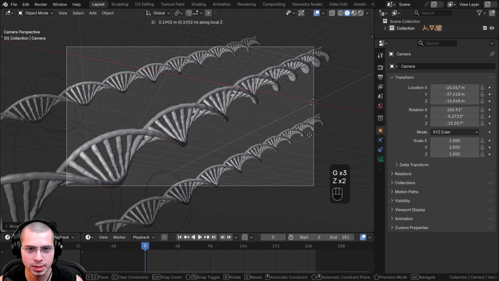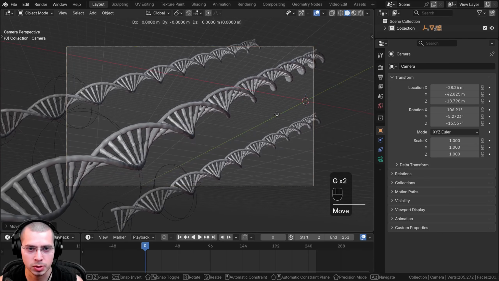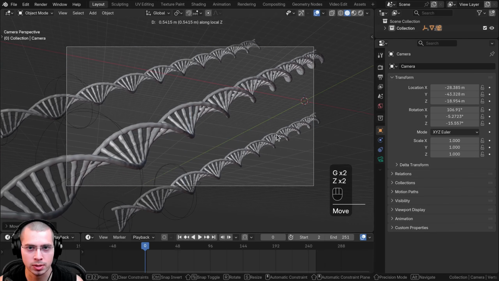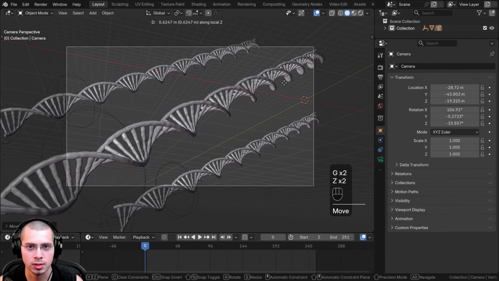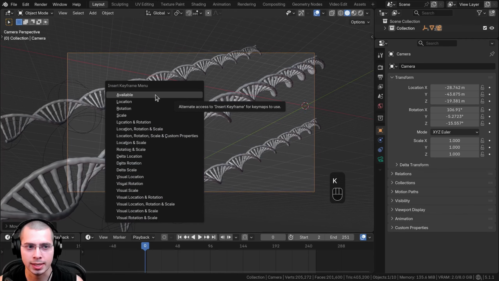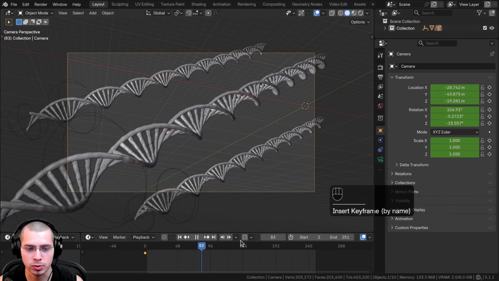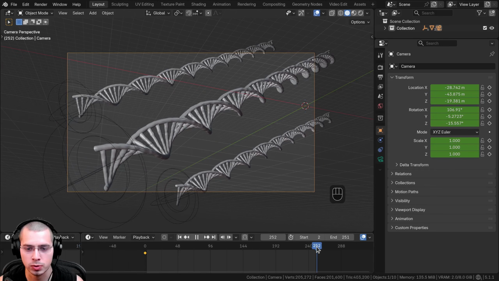And then I can double tap the Z key to drag it out a little bit like that. So G to grab, double tap Z, drag it out, and then just move it over. So just move it a little bit farther back. Then I'm going to hit the K button to add keyframes, and we're going to add location, rotation, scale. Then what I'm going to do is drag the playhead over, and we're going to go to the very end,